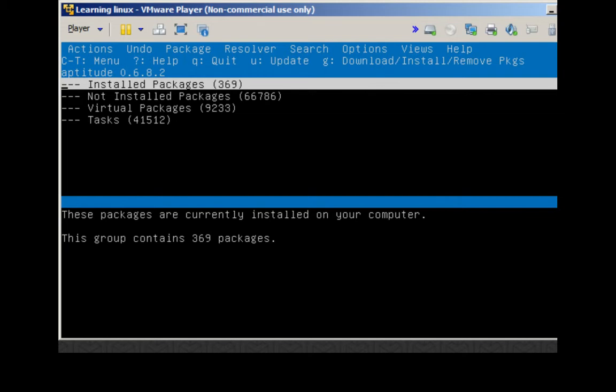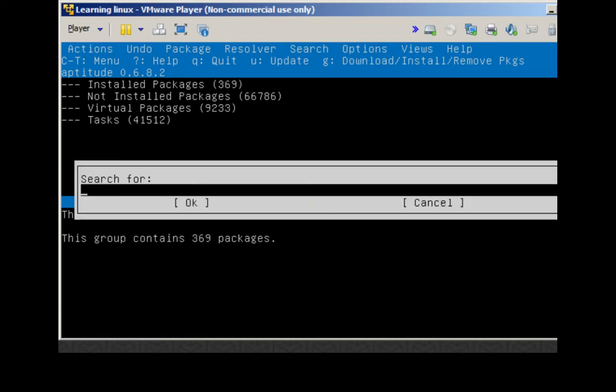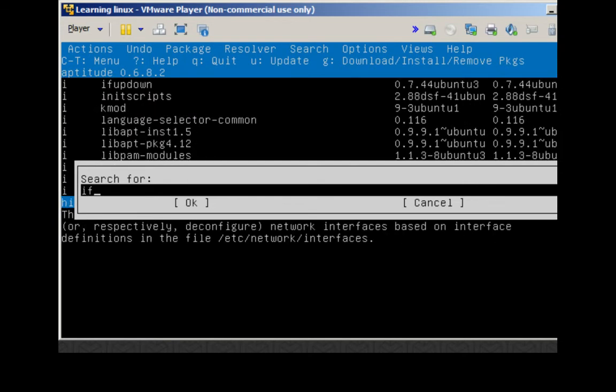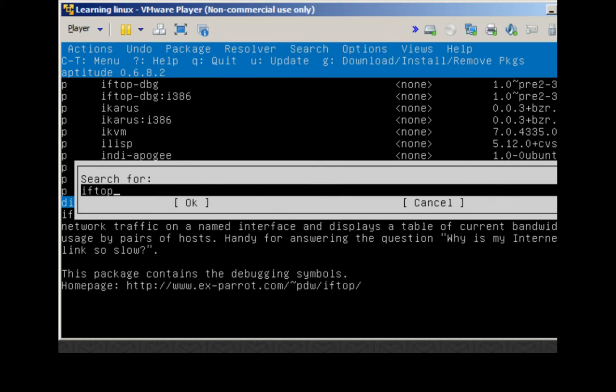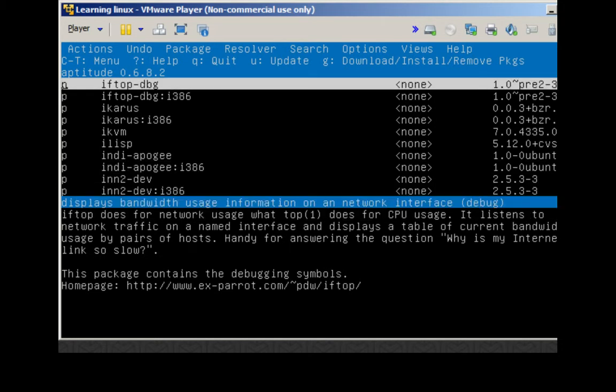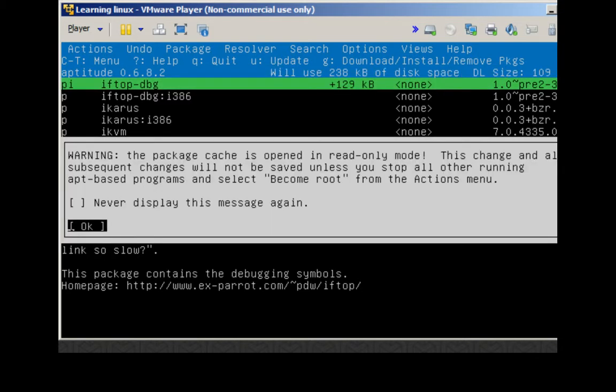Aptitude's very cool because you can search fairly straightforwardly with it, and you do that with a /. So if we wanted to install iftop, which lets you monitor bandwidth in and off the box, you would simply type it in here and then hit OK. In this interface, you'll see that iftop is displayed, and then the column with a bunch of nuns in it is what version is installed on your computer, and then what version is available is on the far right. To select iftop, you have to use the plus symbol,